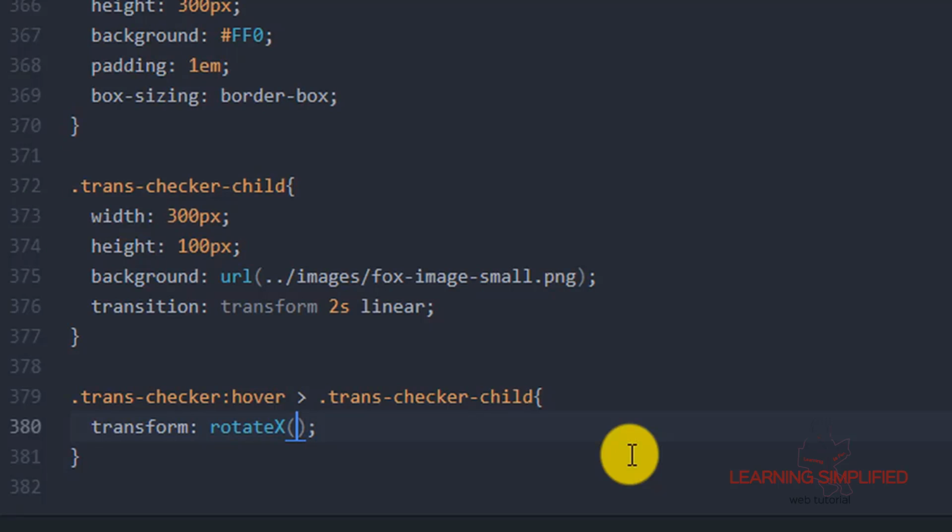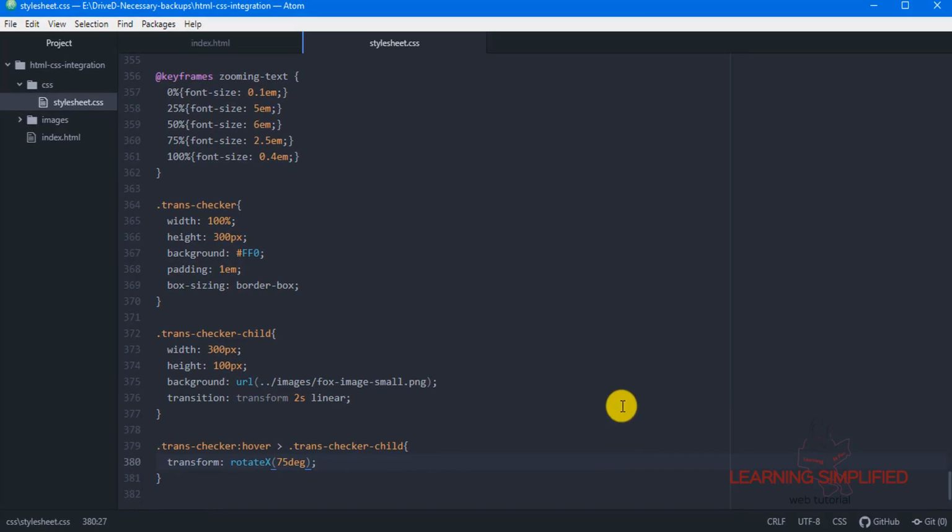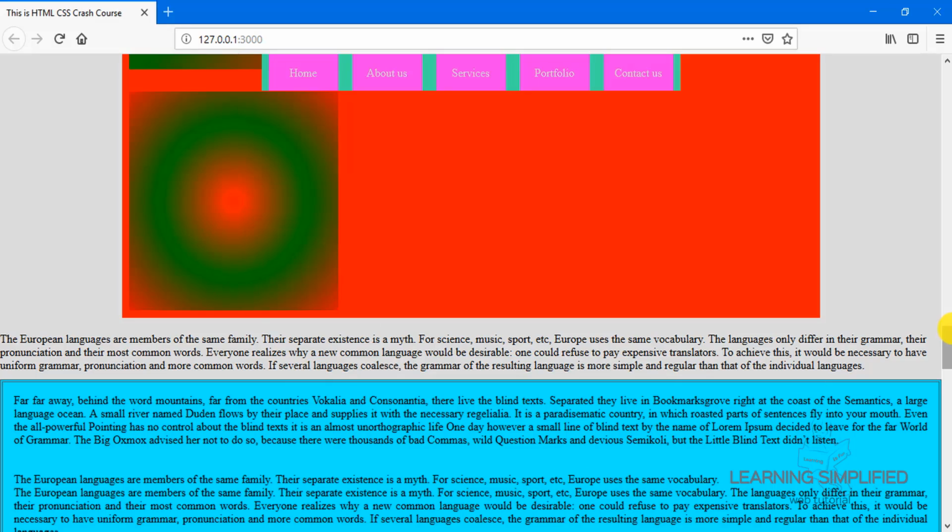In case of transform, while we are using rotate as our transform function, then we need to mention the angular deviation in terms of degree. So if we have provided this rotateX condition, that means we are trying to rotate our element along the x-axis in a 2D application view. So that is why we will have to put a kind of angular deviation over here, and it is this one. Now if we just reload and get back to our project,